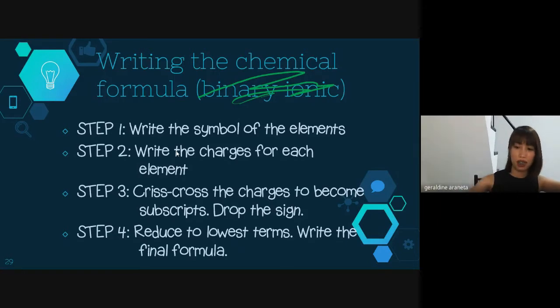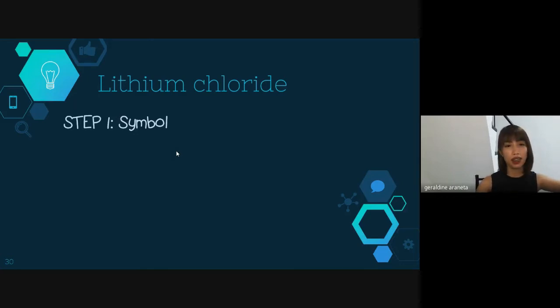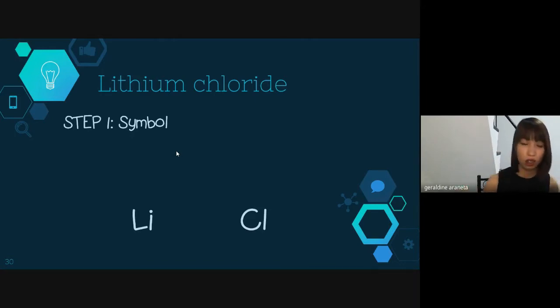Okay, let us have an example. Let's have lithium chloride. What is lithium chloride? First step, you have to write the symbol. The symbol for lithium is Li. For chlorine, you have Cl. So Li and Cl. Remember, you have to write the symbols properly. If it is a single letter, you write a capital letter. If there are two letters, you write a capital letter and a small letter. Okay. Next, step 2,